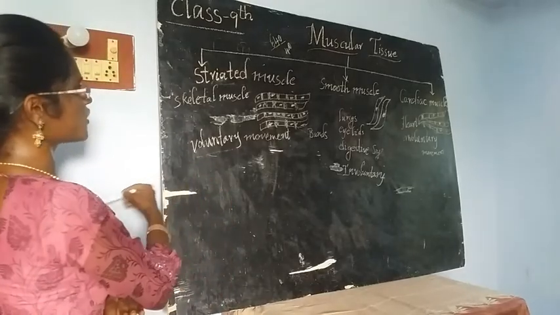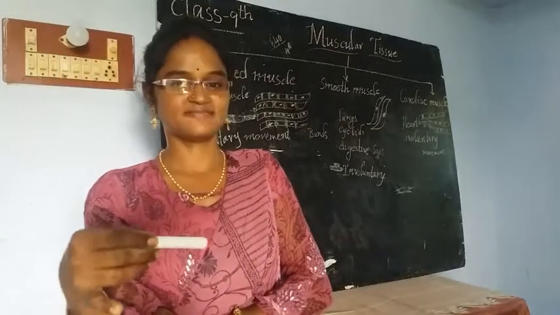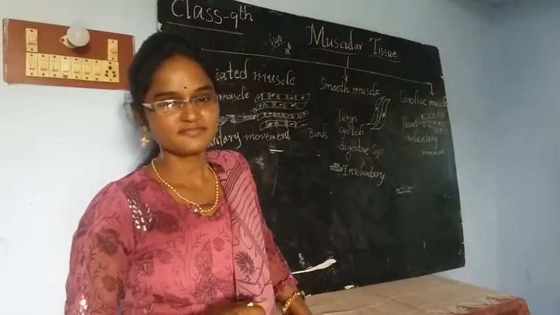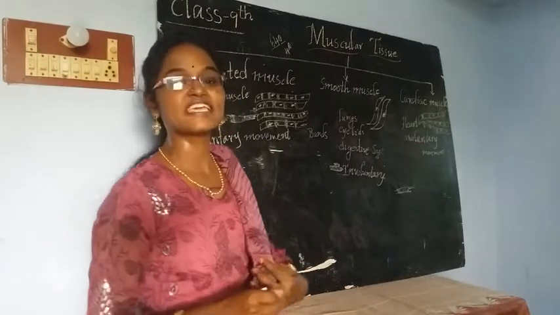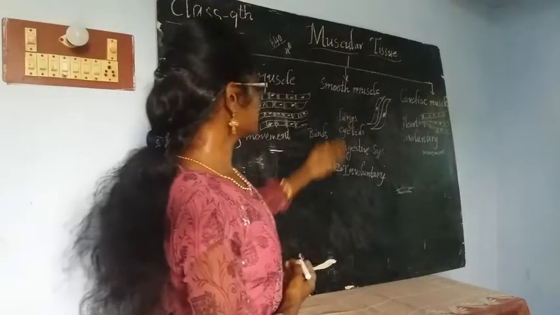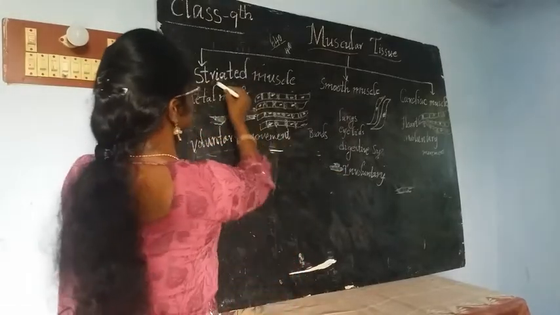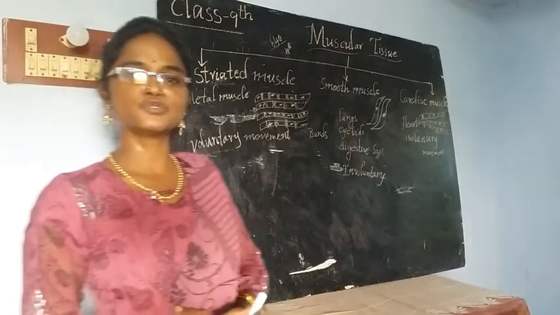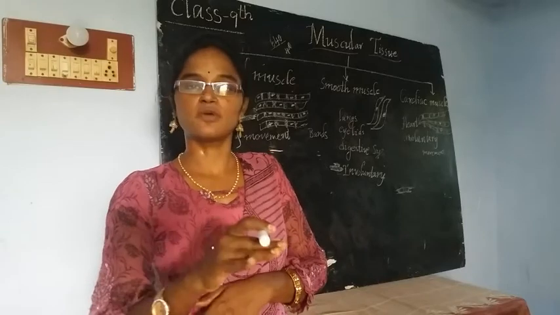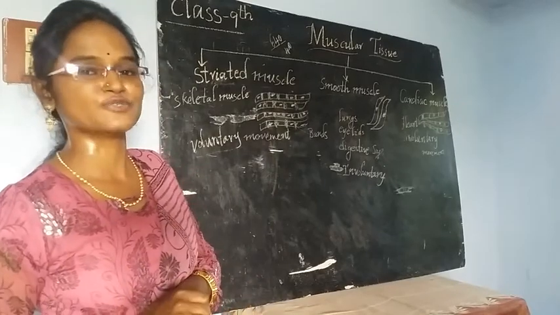And here, one of the important points is that the size of the striated muscle you can increase by doing exercises, strenuous exercises. You may get a body like a bodybuilder. Because the striated muscles can increase their size depending on the food and the workouts you are doing. But here there is no increase of a smooth muscle. And whenever you see this striated muscle, it is not going to increase its number. It's just increasing its size. After your birth, the number of striated muscles is not going to increase. That point you need to remember.